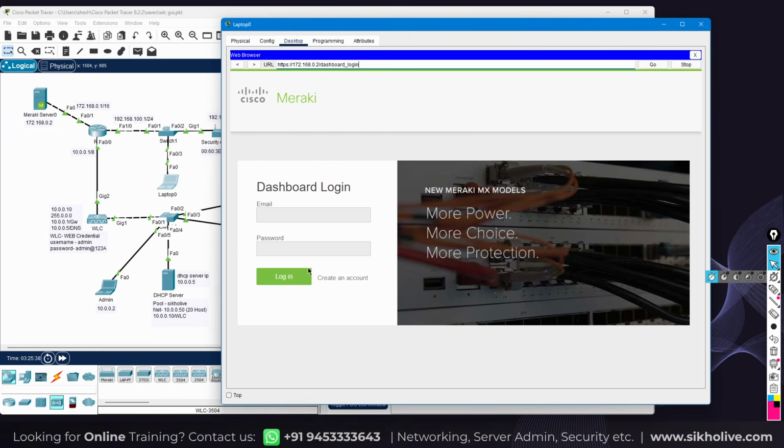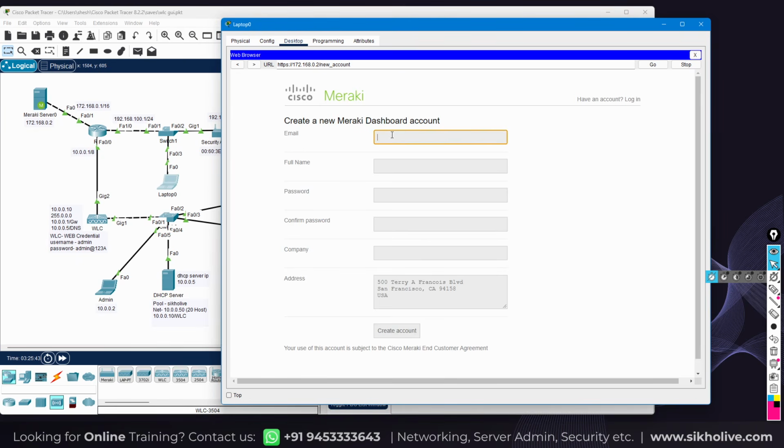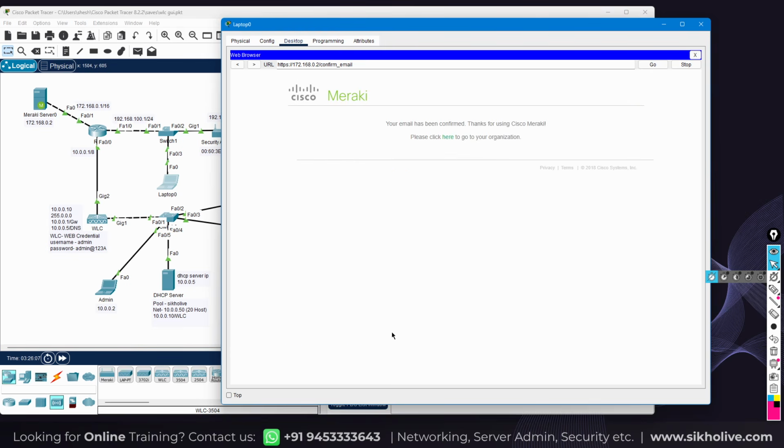First of all we need to create an account, so I'm going to create an account. The email address is ciscolive@cisco.com. For example, this is my email and the full name is this one, and then the password is admin123, confirm the password admin123, and the company is Cisco Live. These others, leave them blank, leave it as it is. So create account,